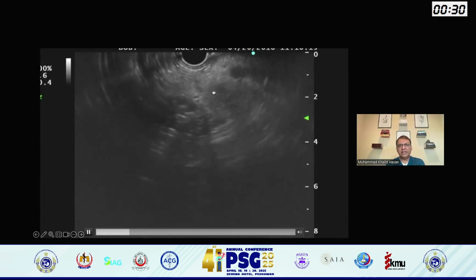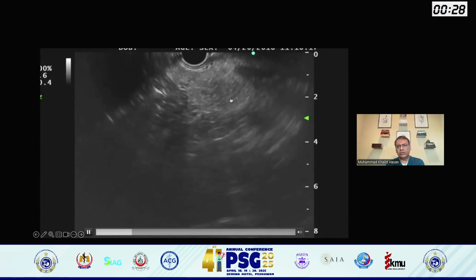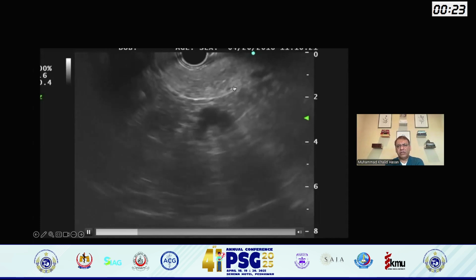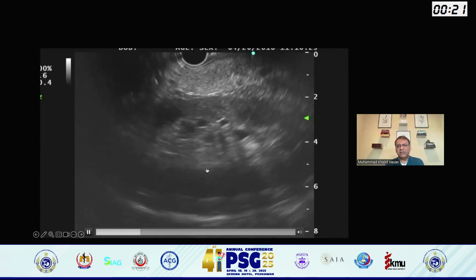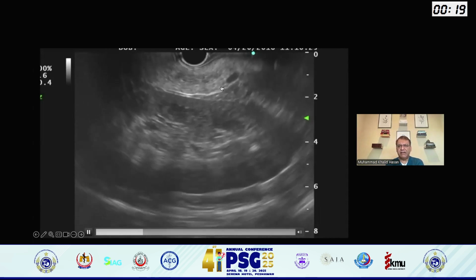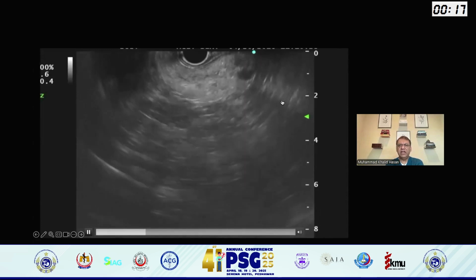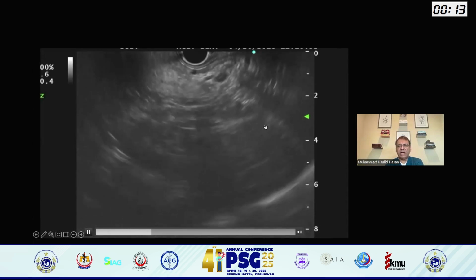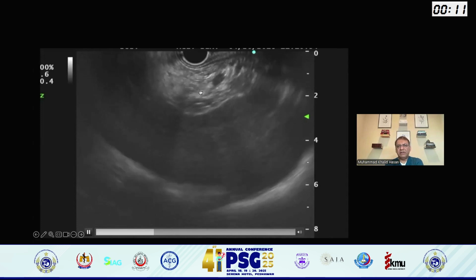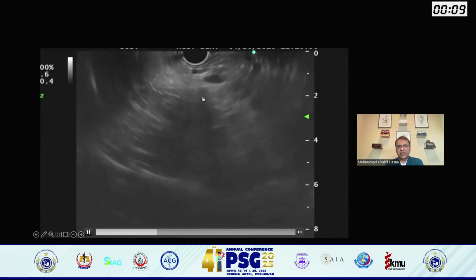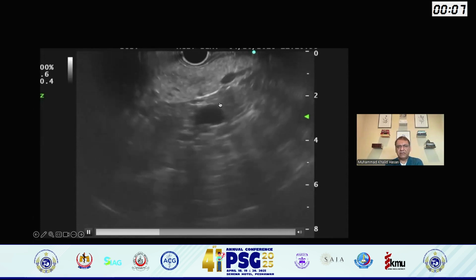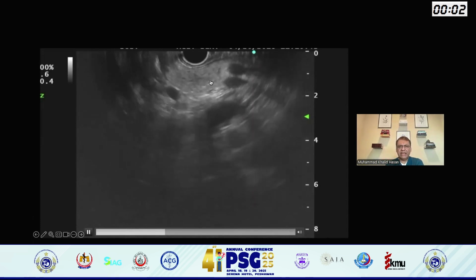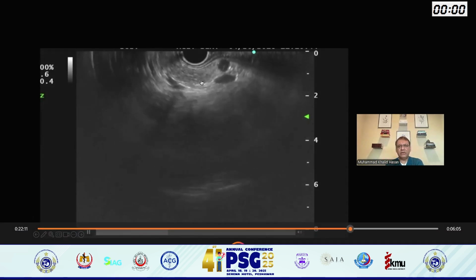You see the duct right there. Rotating the scope to the right to the distal body and pulling the scope back a little bit takes me to the tail, and I see the left kidney starts appearing right there. I still have not seen the tail because I have not seen the spleen yet, so I'll pull it further back. Once the spleen comes, there is the spleen. That means I'm getting close to the tail or splenic hilum. The tail of the pancreas is kind of tucked in between the spleen and the kidney.